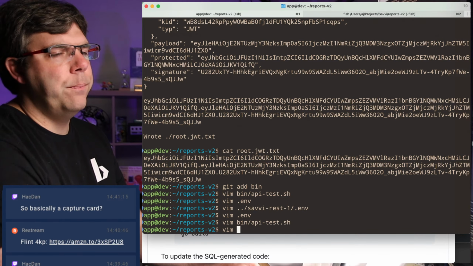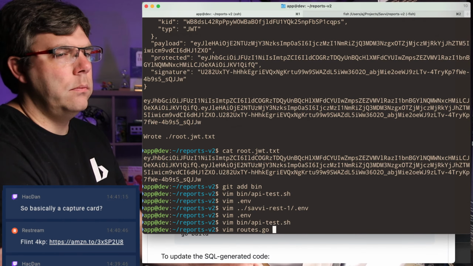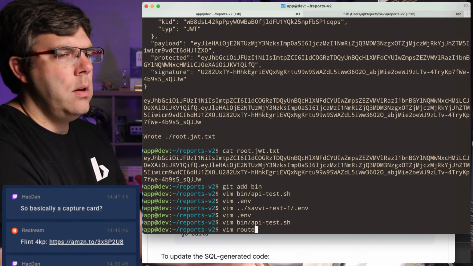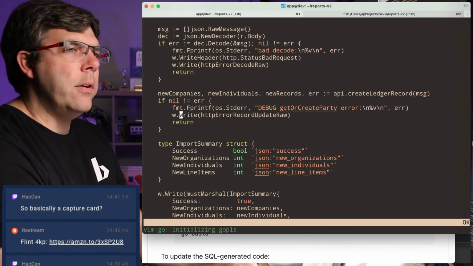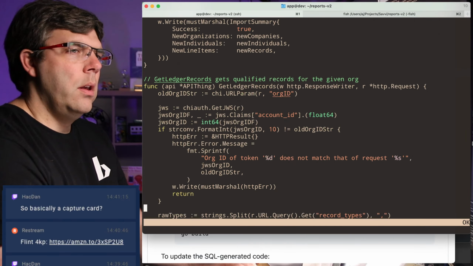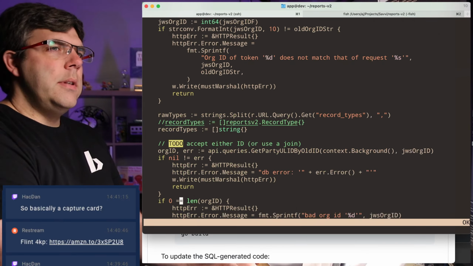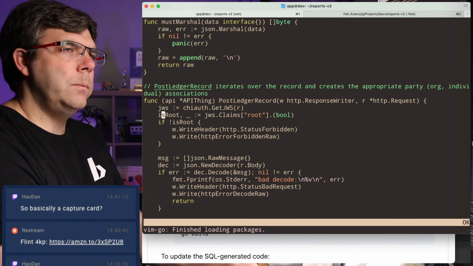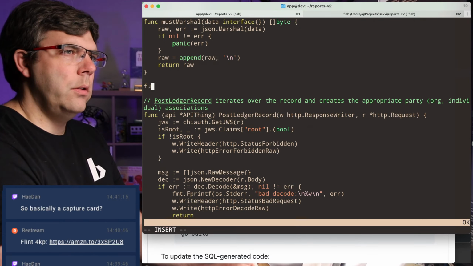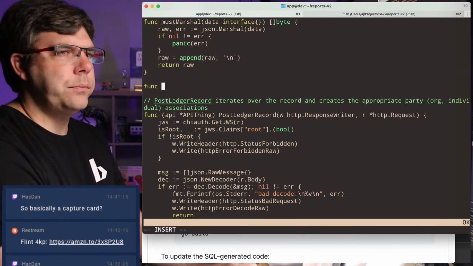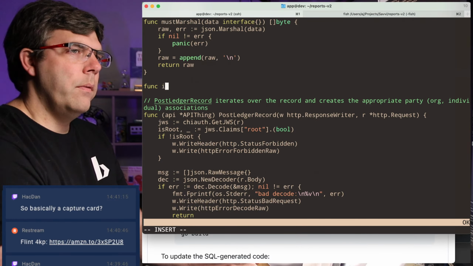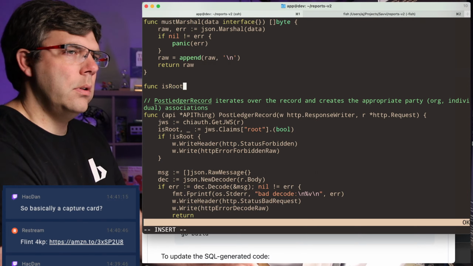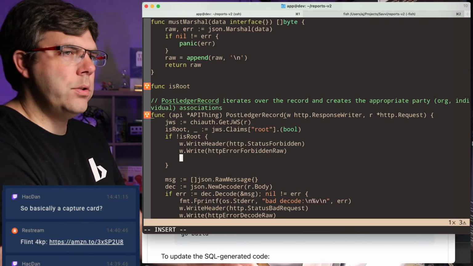This is what I need to do. I need to add another route that will use the same security mechanism for root. So I need a func is root. Oh, whoops, and that should have a return.